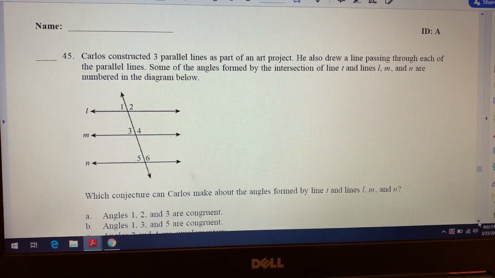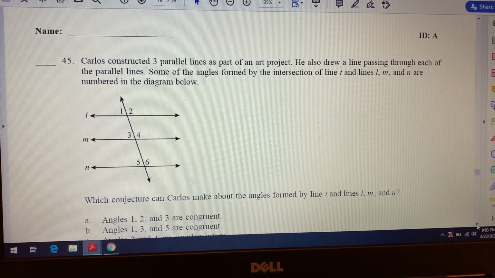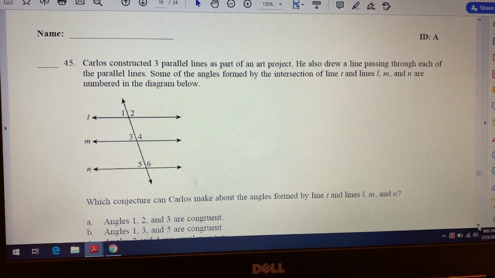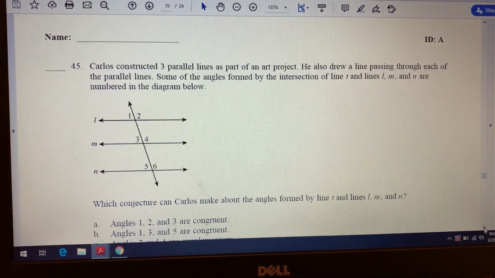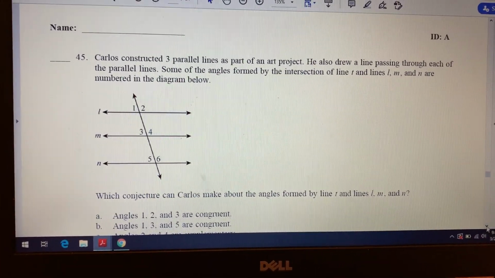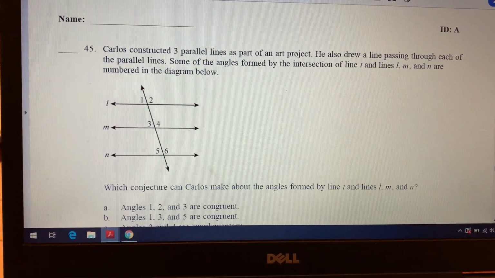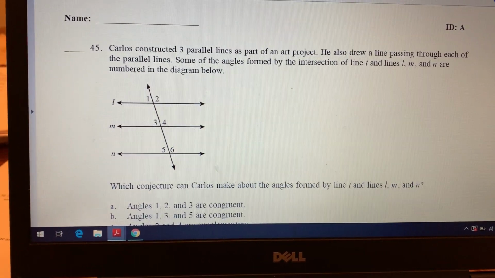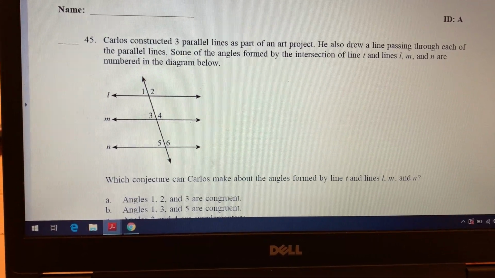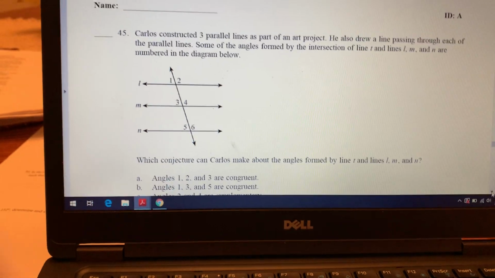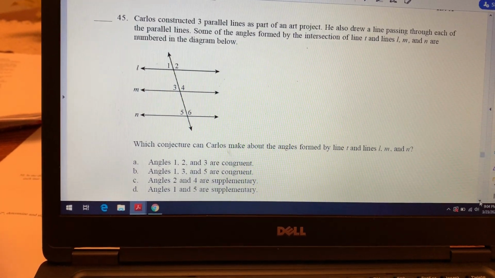Number 45, Carlos constructed 3 parallel lines as part of an art project. He drew the line passing through each of the parallel lines, which is acting as the transversal. Again, we briefly talked about 3 parallel lines. They have the same properties as 2 parallel lines with the transversal. So when you look at the diagram and then your 4 answer choices,